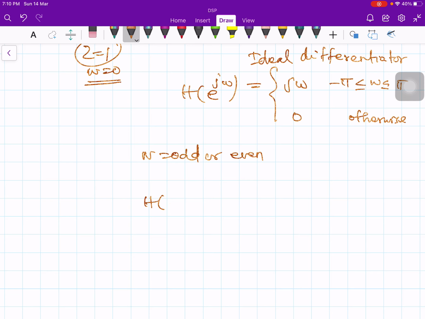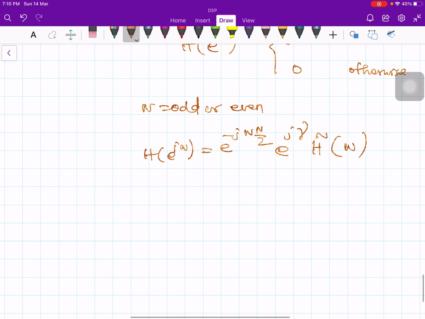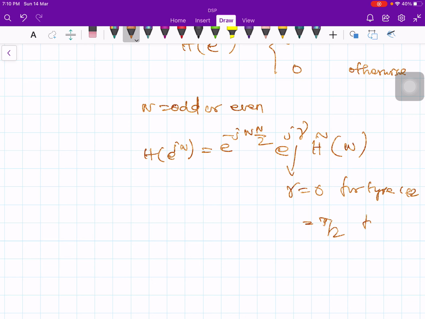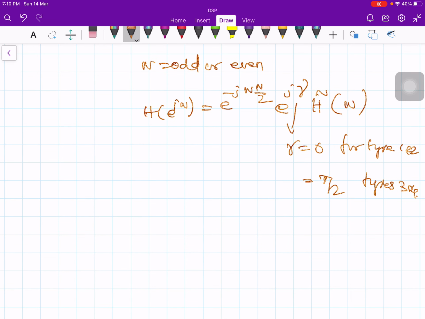So H of e to the j omega, it doesn't matter. If you look at the general expression, it will be e to the minus j omega N by 2, e to the j gamma, and some pseudo magnitude function H of omega. Here gamma is equal to 0 for types 1 and 2, and gamma is equal to pi by 2 for types 3 and 4. Okay, then you have the pseudo magnitude functions,